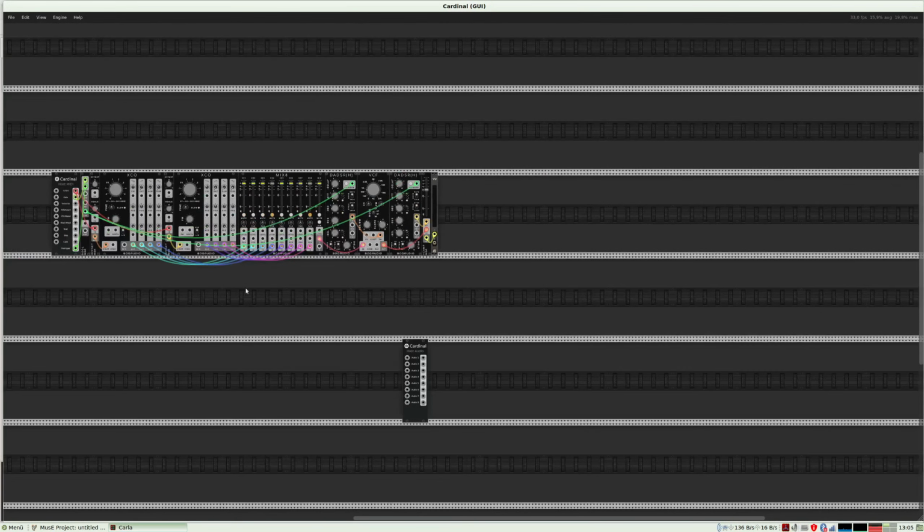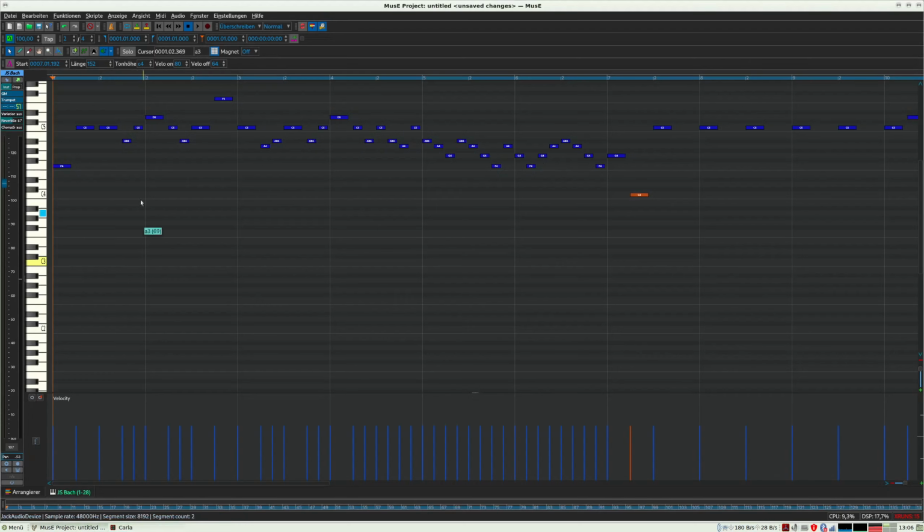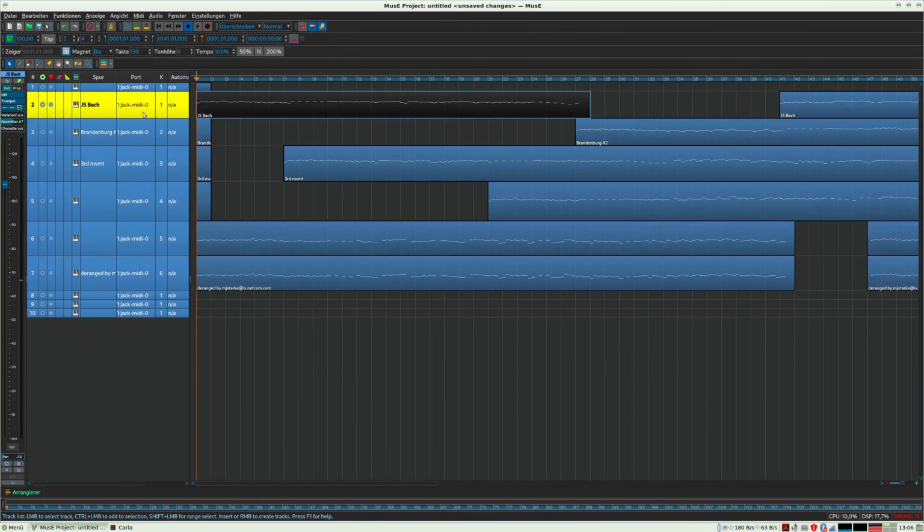And now we create copies of this synthesizer. I need here, when I close here, we need 6 pieces.